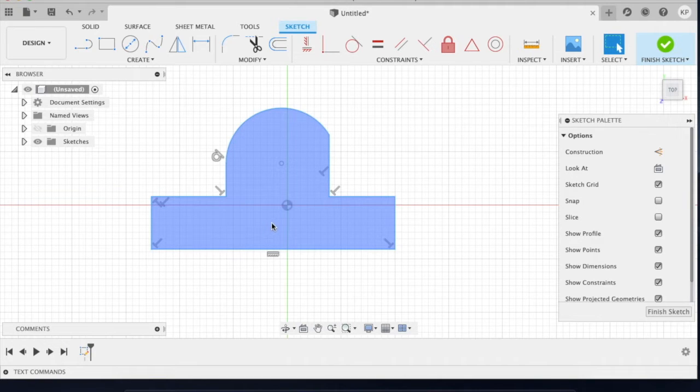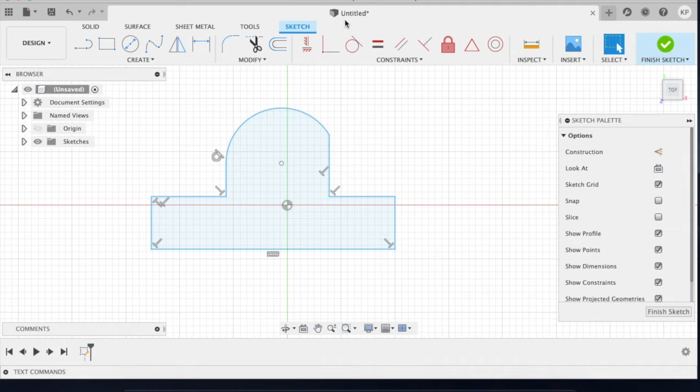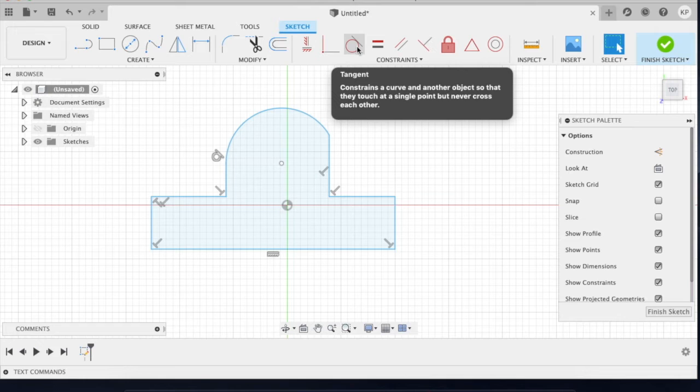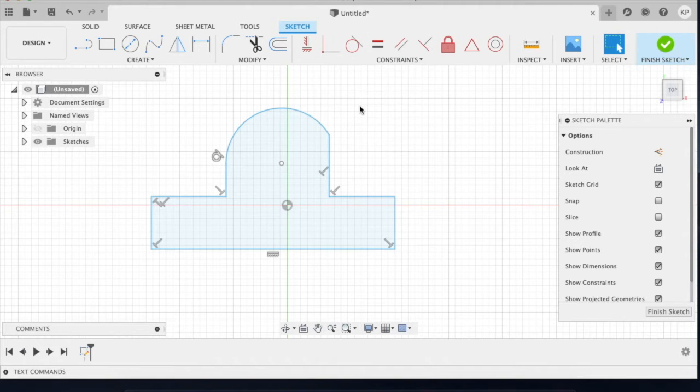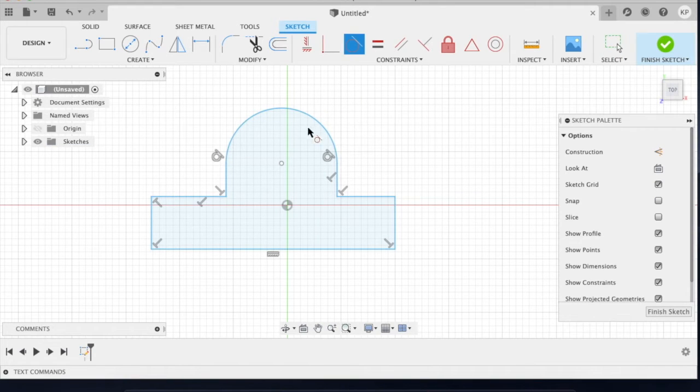The first thing that we're going to do is fix this tangent here. You can see that this one's already tangent. That's what that little symbol here means. Constraints are going to force things to happen. You have two options here. You can select the lines first, or you can select the constraint first if you know the direction, but it will help you decide which one you should pick if you select the lines first. If you hold the shift key so you can select multiple lines, we're going to select that vertical and our arc. It highlights the ones that apply. So we're going to choose tangent, and it automatically fixes that arc so that